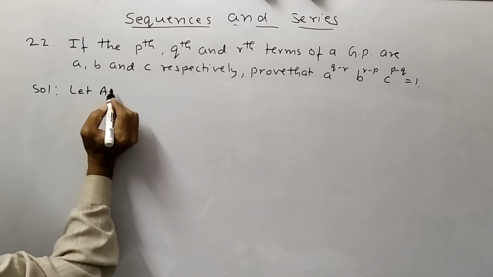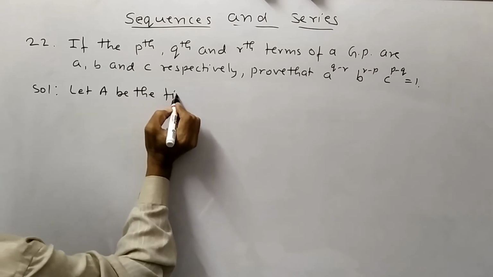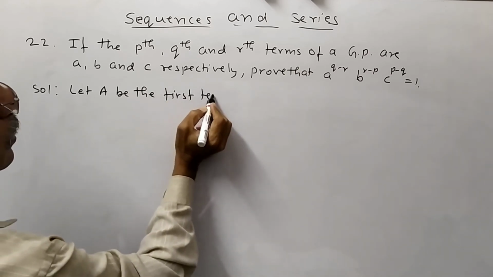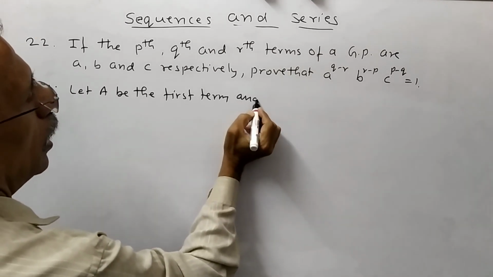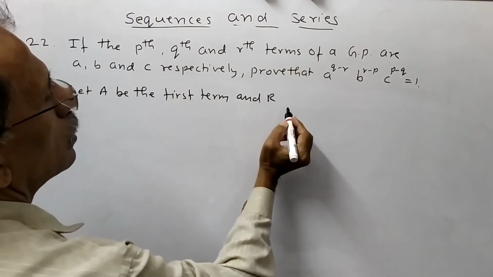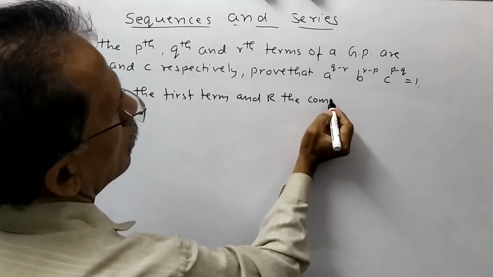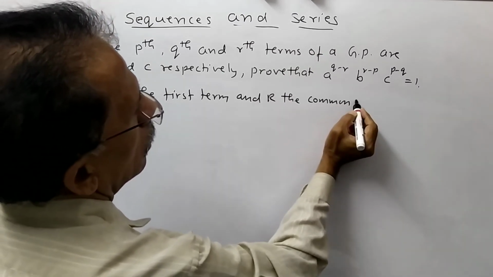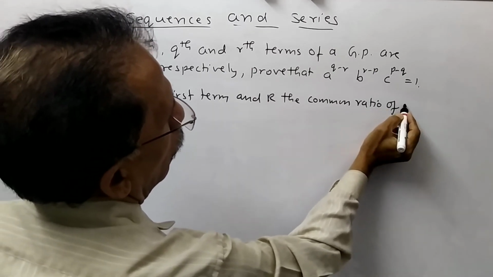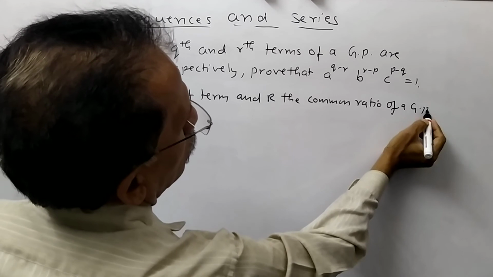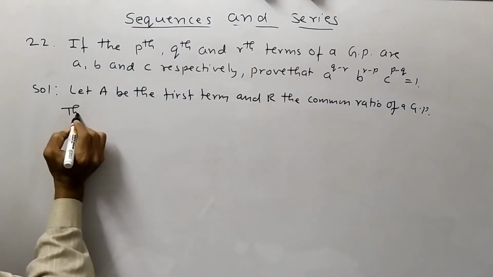Let capital A be the first term and capital R the common ratio of a GP. Then